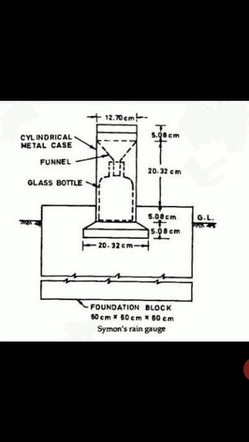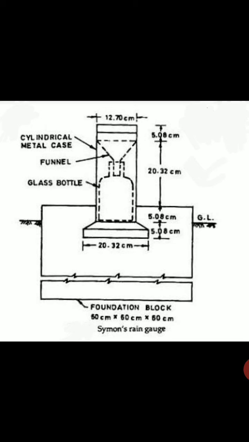You can see on the screen the Simmons type rain gauge. The Indian Meteorological Department has adopted the standard Simmons rain gauge for measuring the rainfall. It is a non-recording type rain gauge which consists of a cylindrical metal case of internal diameter 127 mm with its base enlarged to